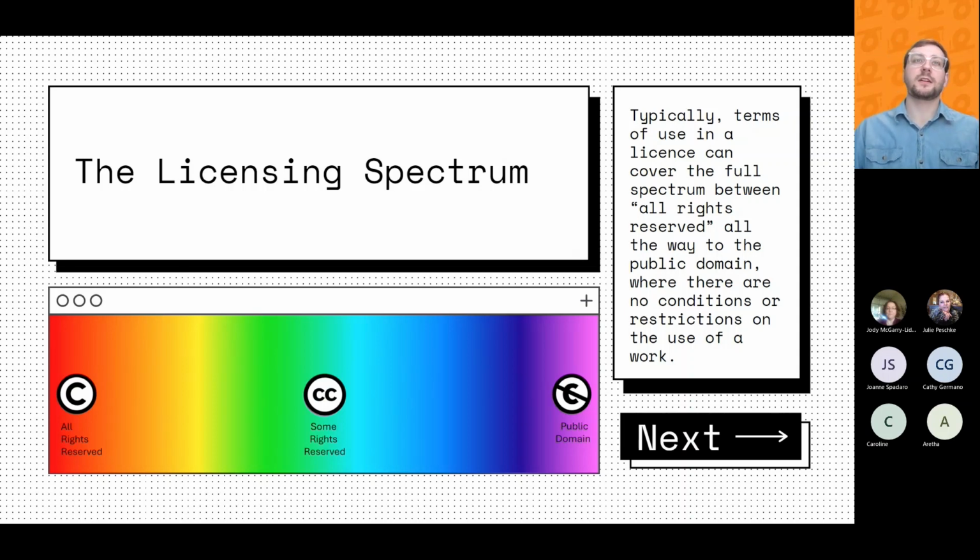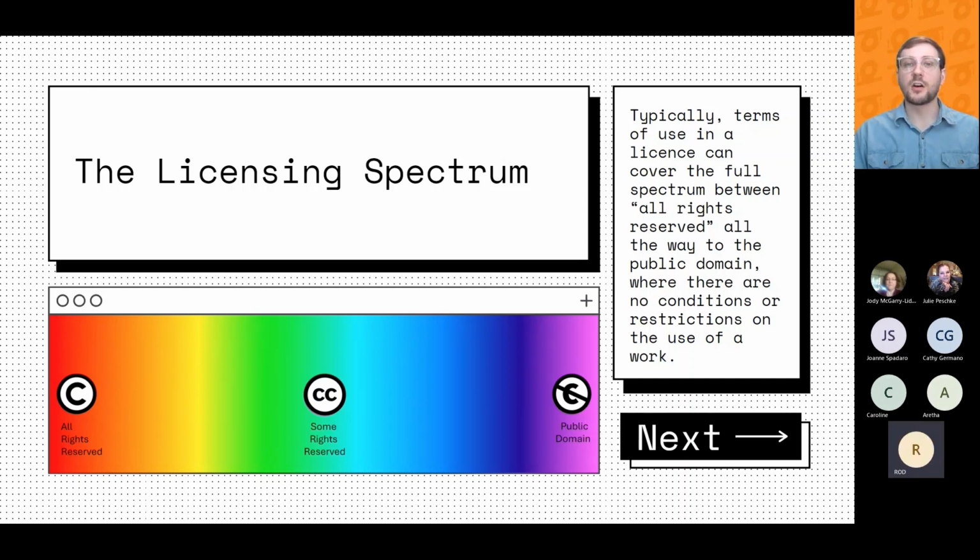When you have a copyrighted work, when you create something, all you have to do is fix it in a fixed format. So you can't just have an idea in your head. You have to write it down or record it in some way. But once you've done that, there's no application, there's no symbol or statement that needs to be written down anywhere to grant you those protections.